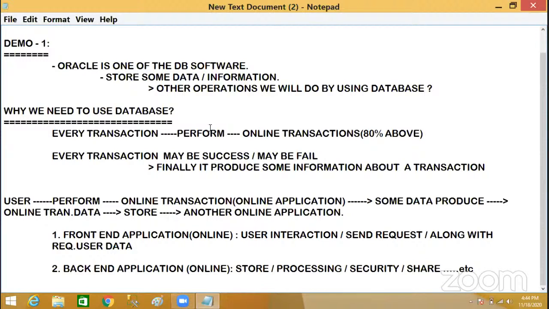So many are there: Oracle, SQL Server, MySQL, DB2, Sybase, Informix, Ingres, Teradata, MaxDB, PostgreSQL. And what not. There are 1500-plus database softwares in our real-time industry. Almost 1500-plus databases are there.